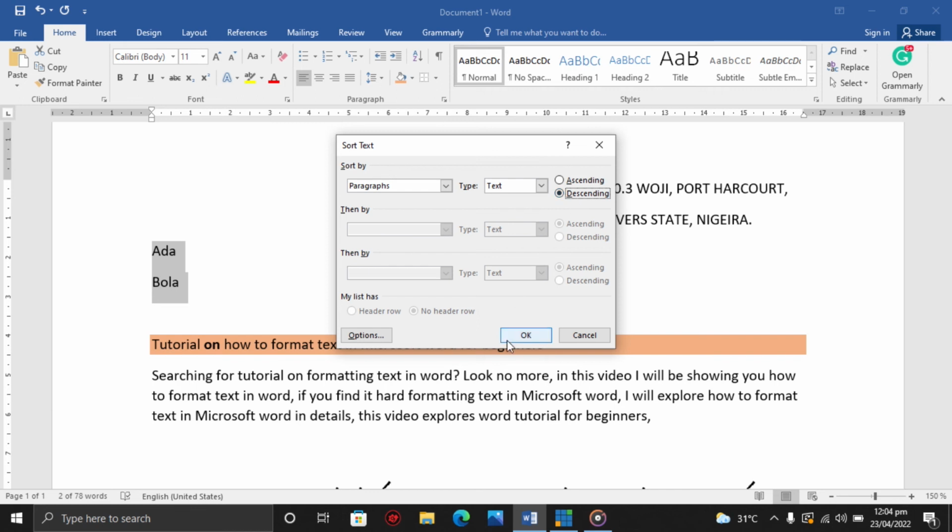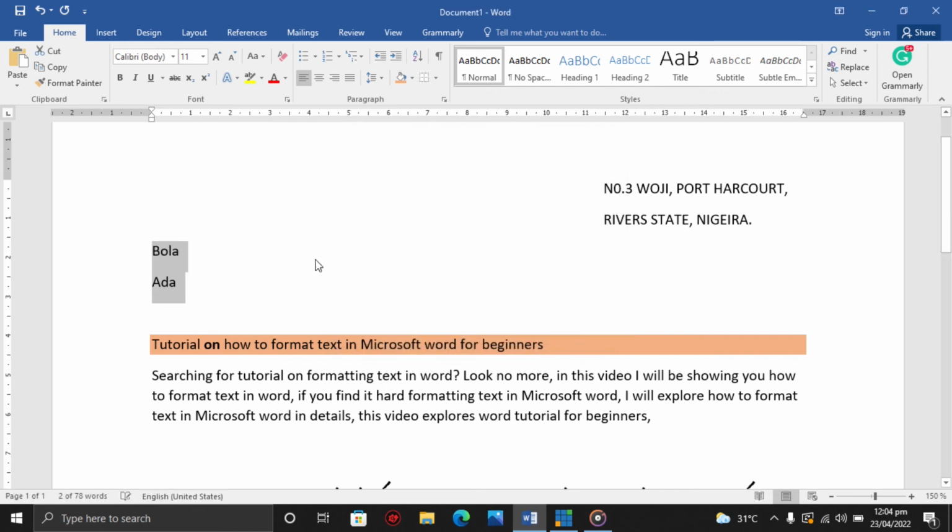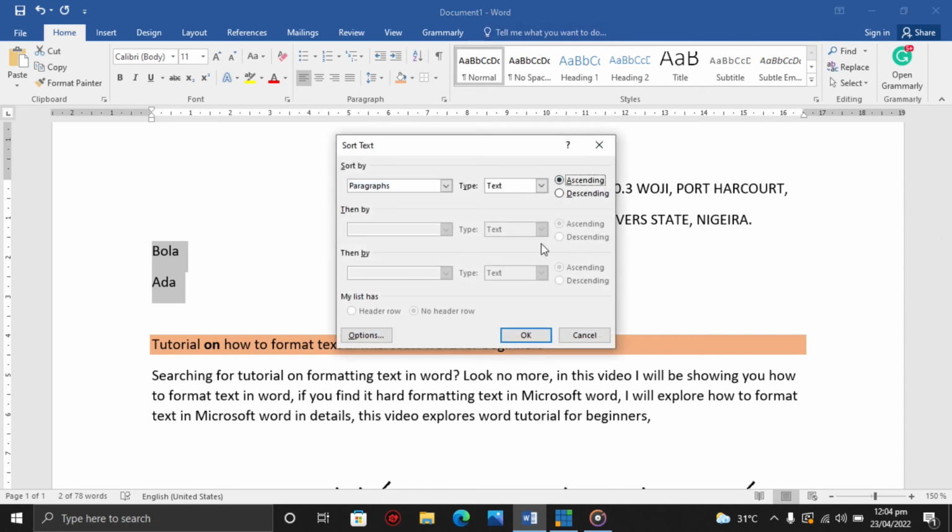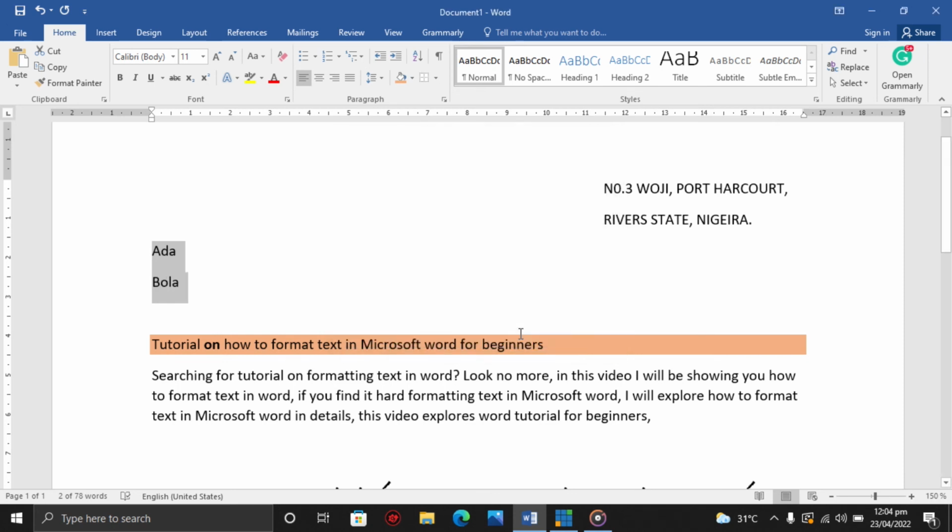What happens is that Bola goes first before Ada. So we sorted this text in descending order. We can go back there, sort again, and say ascending order, click OK, and Ada comes first before Bola. So this is how we can use the sort tool.